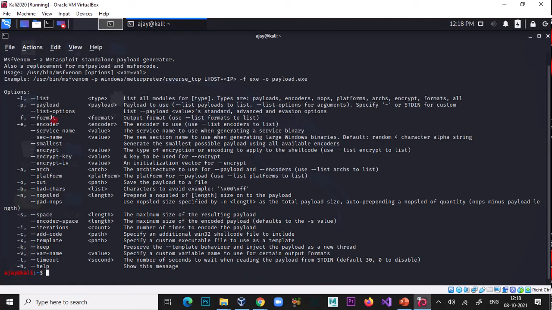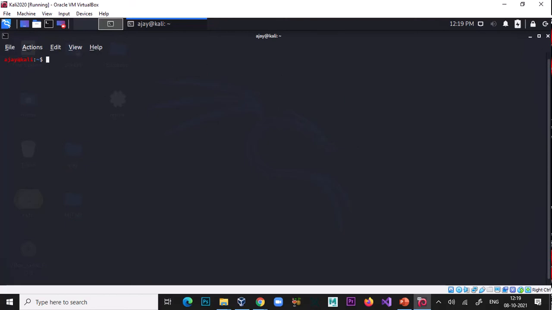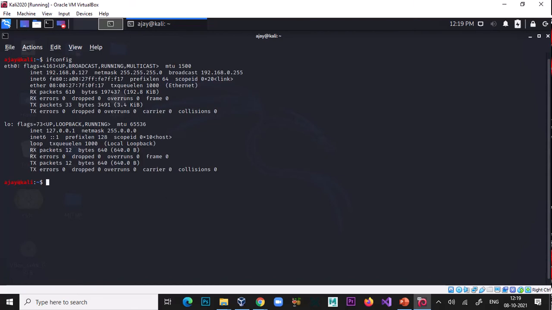If you want to use any other format, just type -f, and -e for encoder, etc. First of all, clear all these things and check our local IP address, because we are doing this in our local network. It is 192.168.0.127.